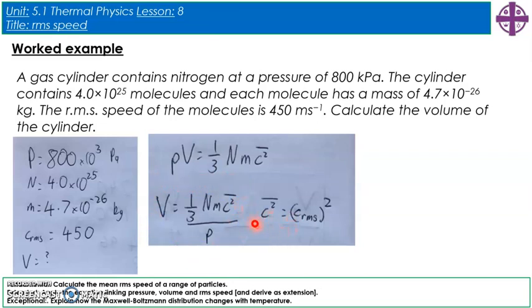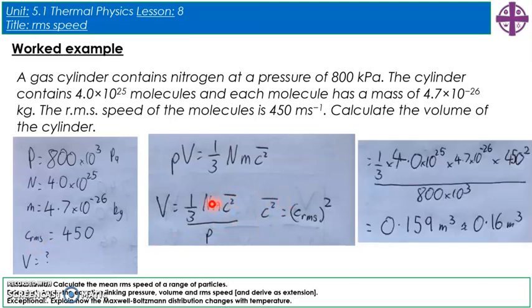And then here, we can see that the term in the equation is the mean of the squared speeds. The question gave me the root of the mean of the squared speeds. So I'm going to have to square my 450 value to get this thing here, to get the mean of the squared speeds. So putting in the numbers now, I would have a third times N, the number of particles,